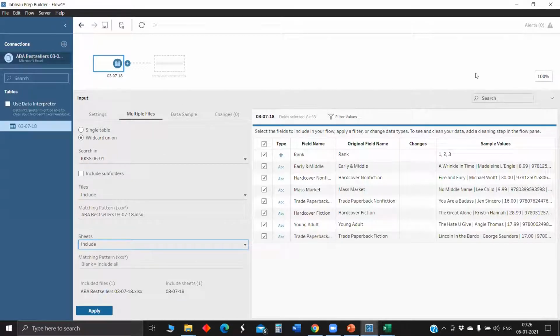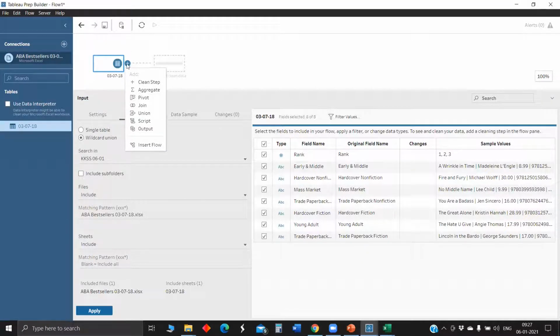Next step here, you can select the fields you would like to pass through the flow. Here I want all the field names in the data source. In case you would like to deselect some of them, you can unselect them in this first step itself. Next we will go for a pivot step.